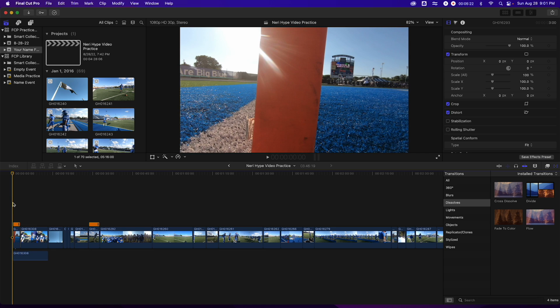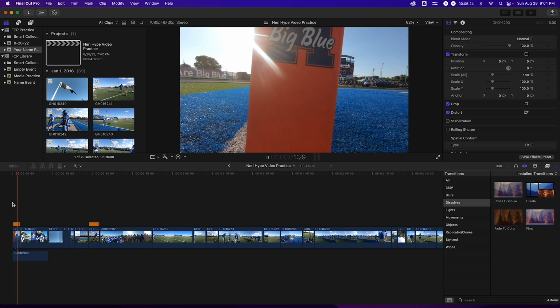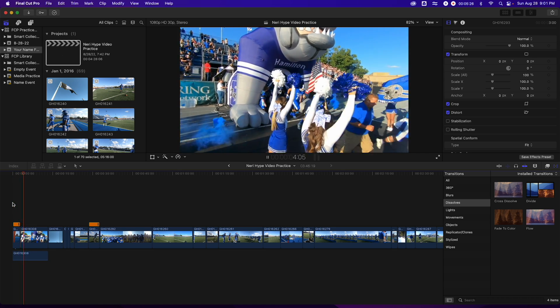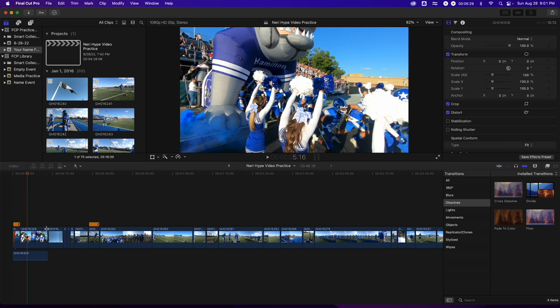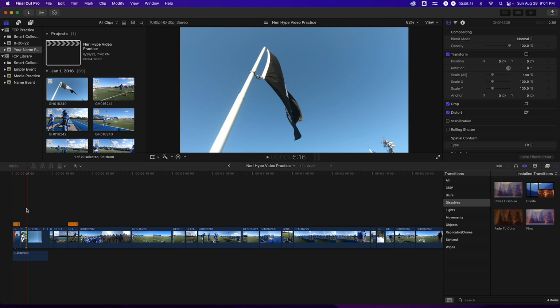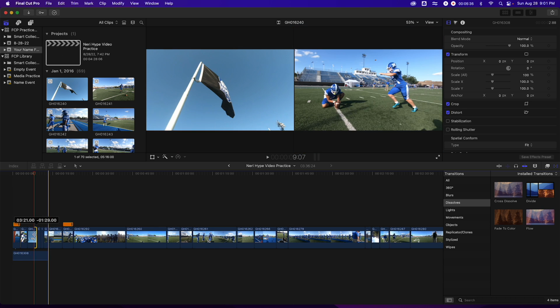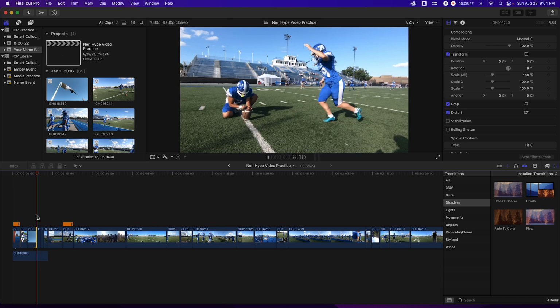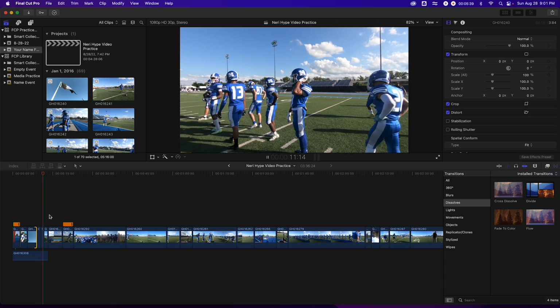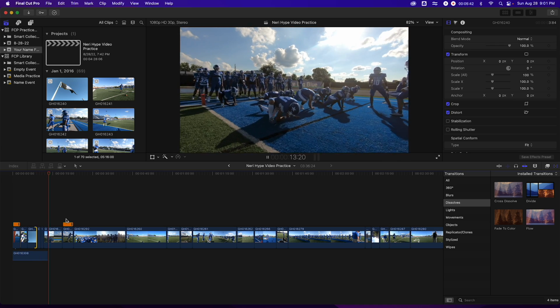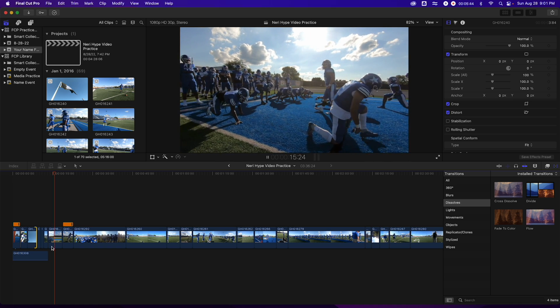Okay, so I'm going to turn this off, so you can just kind of see that opening shot there, team running in. In fact, I'm going to shorten this way down. I don't like how long that is, and I don't even like how long this is anymore. I want it super short, and that would probably change on a beat. Okay, and then it might kick into something a little bit longer like this,